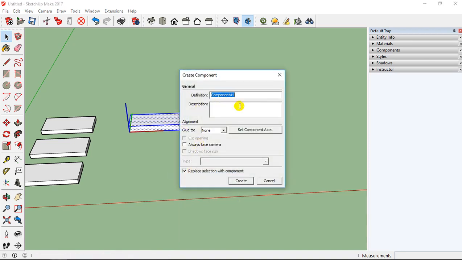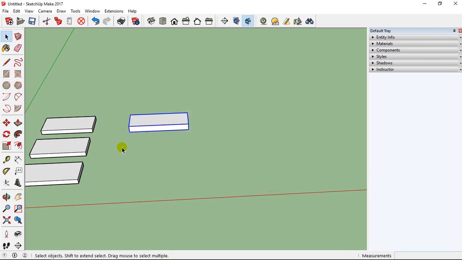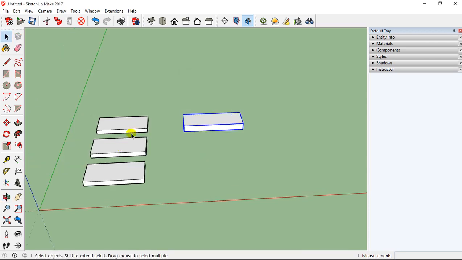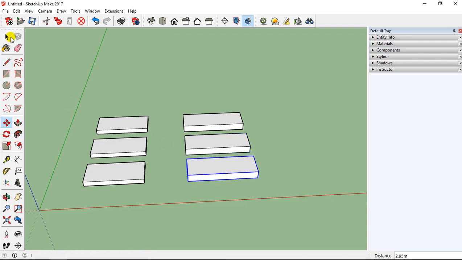I'm just going to type component 1, create, like that. And I'm going to duplicate this component. So Control, like this, and then Control also, like this. So you can see that on the left I have groups, on the right I have components.